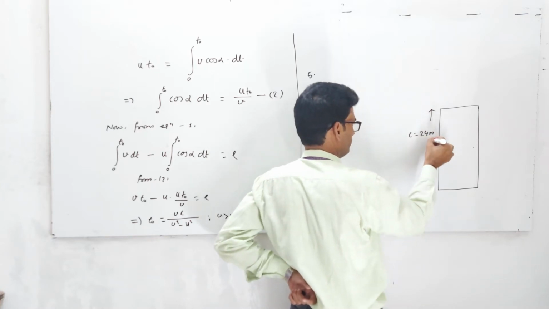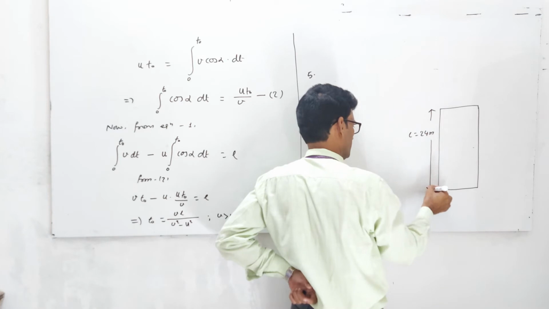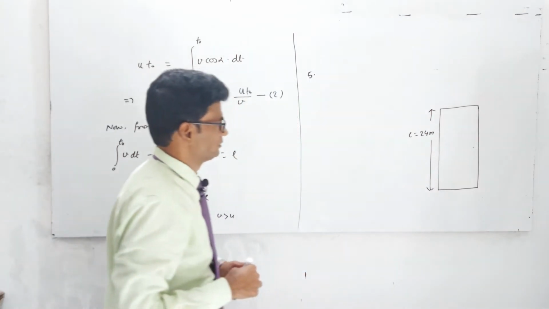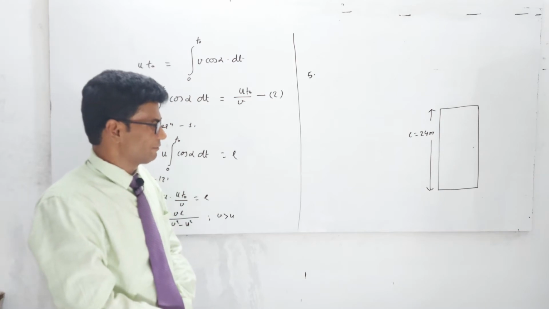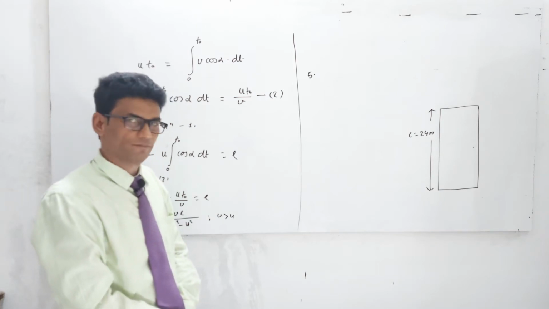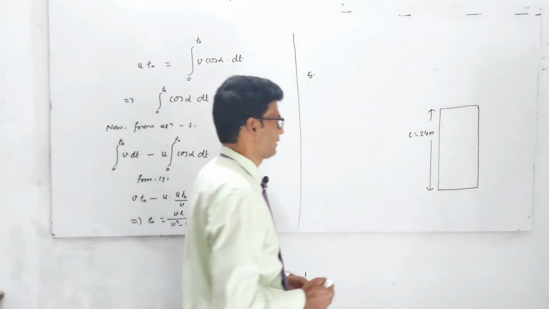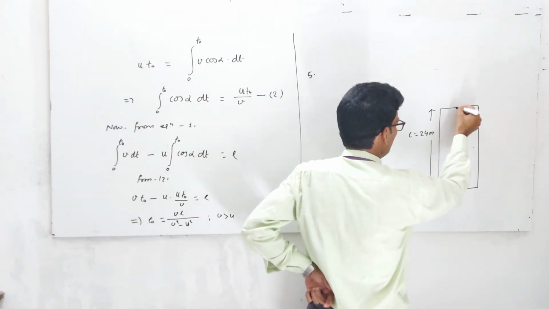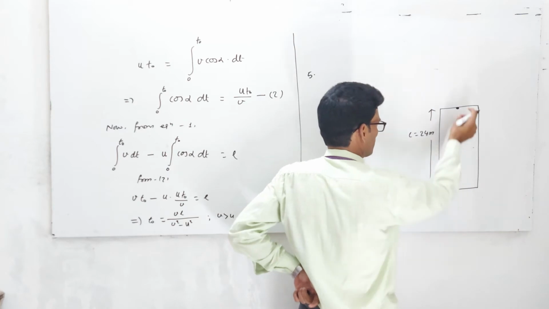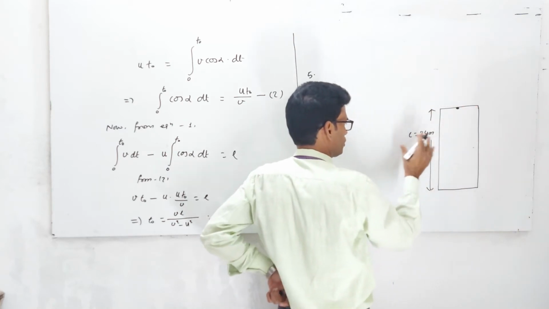Very unusual, we have just constructed the problem. This cabin has a bolt attached to the ceiling, and this is the floor. The ceiling to floor distance is 24 meter,